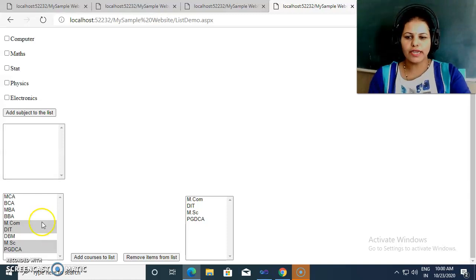Here our functionality is if that particular item is selected, then here what we are doing here, that item is added inside this list box. If your functionality is different than this, then you may do